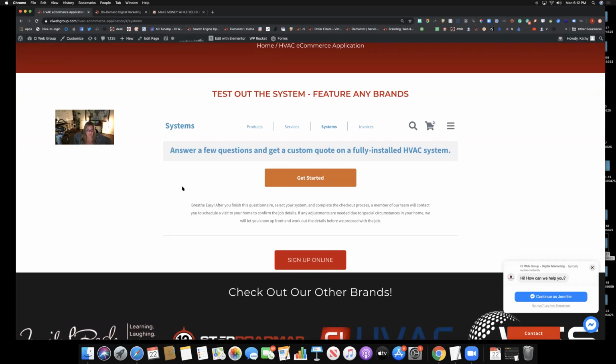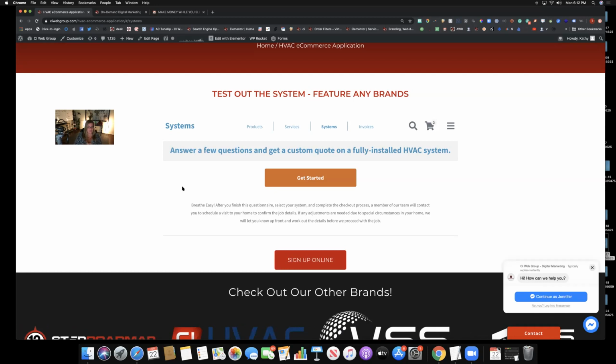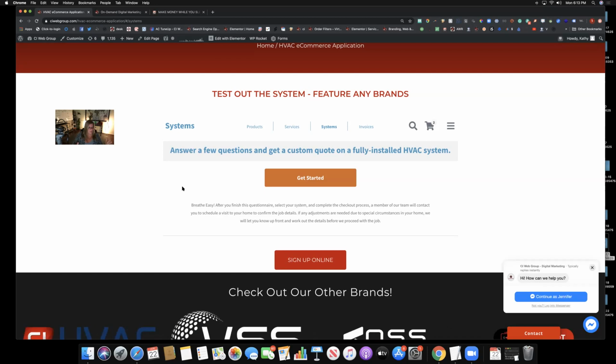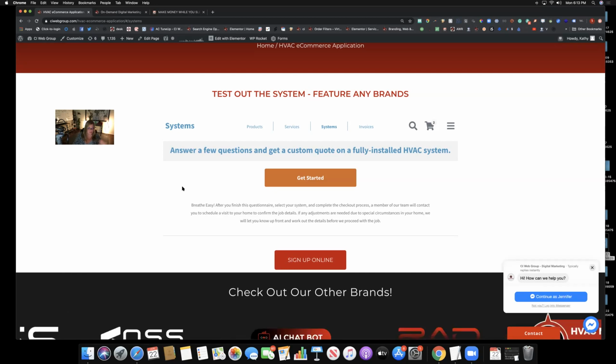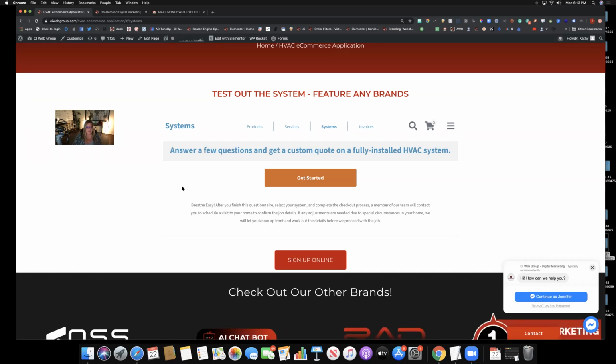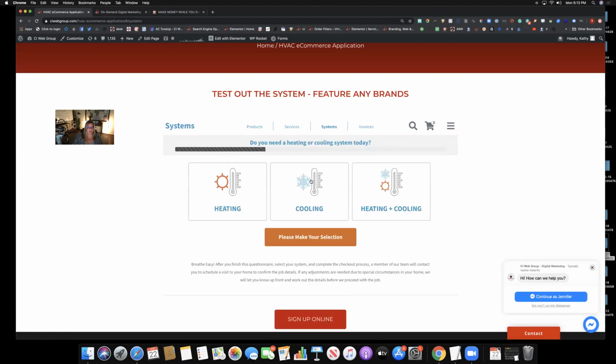So remember, in this bucket, the configuration in the back office will allow us to either show everything, good, better, best, with pricing, with financing, no information required, or I can configure this to say, we'll go through the whole process, but before we display those prices, you need to give your contact information. That's an option as well. So for this one, the consumer would come and click on Get Started.